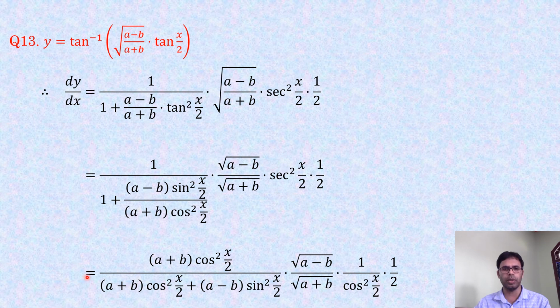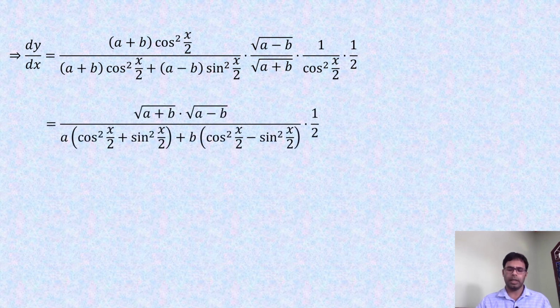So it is equal to, the LCM is this one, and that is going to the numerator, a plus b cos square x by 2, and this term will multiply with 1, that is a plus b cos square x by 2 after taking LCM. Then this plus is this one, and this term is remaining same, all of the terms are remaining same here. Okay,